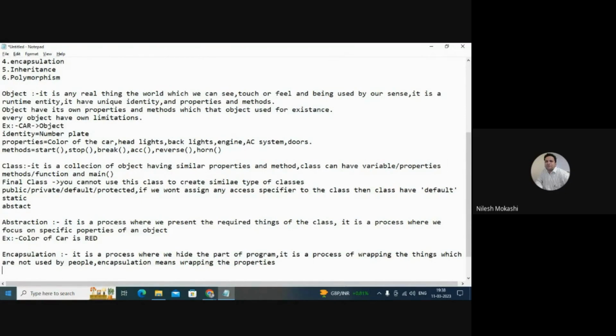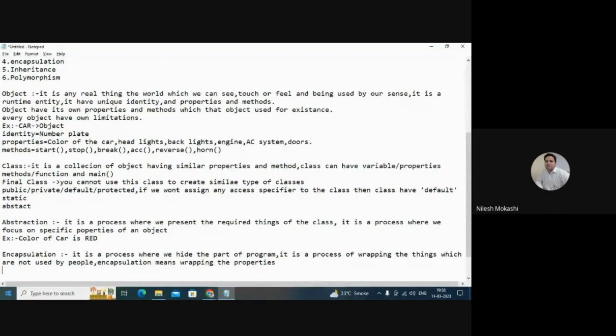For example, when I run my program, the person can use my program, but that person cannot see the code I have written behind it. For example, I have created a railway reservation system. Many people are using it, but it has an interface which people access, while the code behind it is hidden from them.